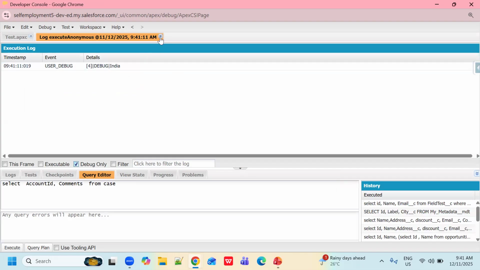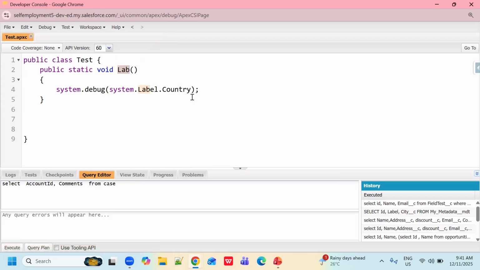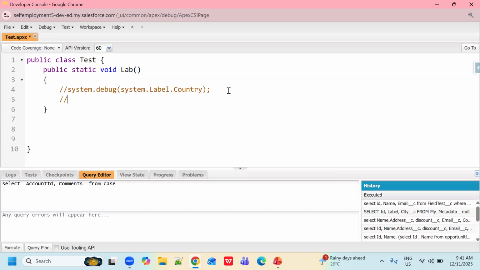So in this way we can use our custom labels in our code, and let me show you how we can store this custom label value in a variable also. Just comment this out. This time I'm using a variable, and because it is a text value, I need to store it in the String data type.